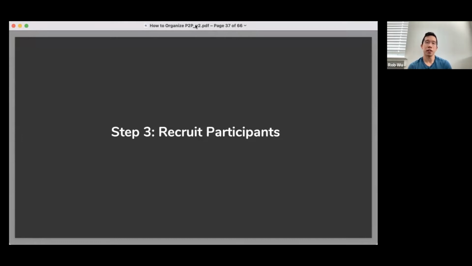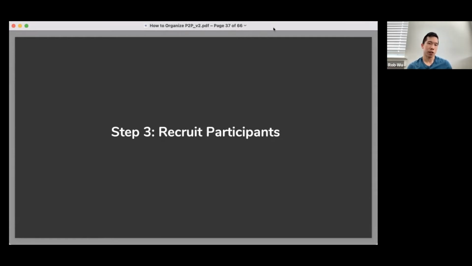Because what you don't want to do is come up with the perfect idea in a vacuum and not have the tooling in order to execute on that idea. That gets you in trouble since you have to start over with changing your idea and then selling it to your boss and all that stuff. So it's best to work in parallel, where you have your idea going on, and then you have your actual campaign site and peer-to-peer going on. So you can go back and forth between what you want to include, what you want to exclude, or how you want to adapt the idea. Platforms like CauseVox make it really easy so that you can set everything up in one place with no coding required.